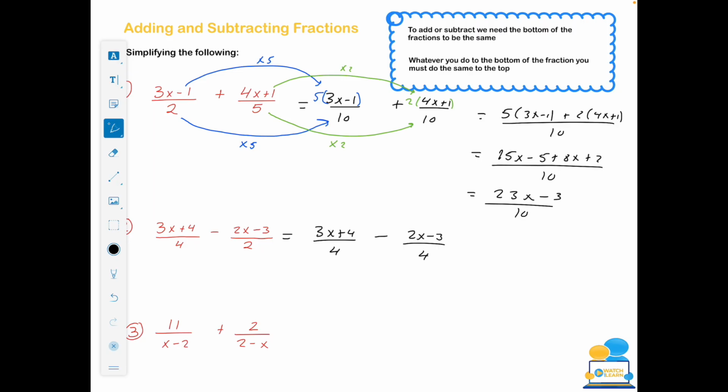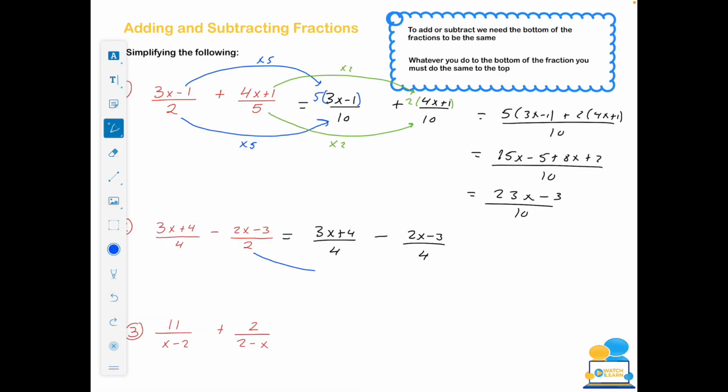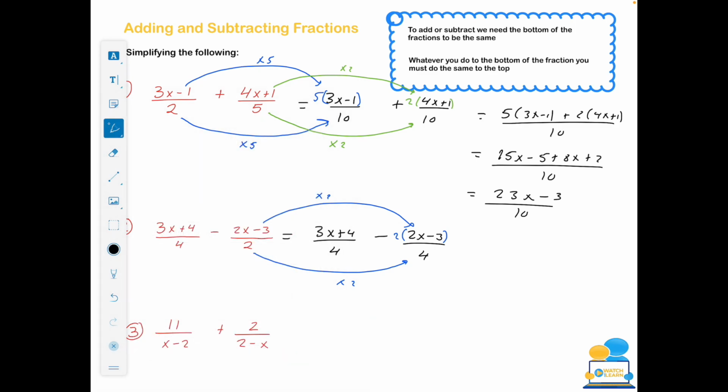Now for the first fraction here, going from here to here, nothing changed with the bottom, so I don't have to change anything with the top. Second part though, going from 2 to 4, we have to multiply by 2, so I'm going to have to do the same thing to the top. Now when both denominators are the same, we can just rewrite it as one fraction, so it'll be (3x plus 4) minus 2 by (2x minus 3)